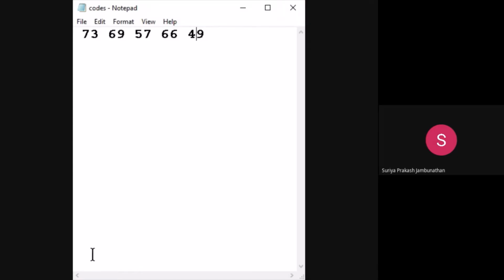Now I will go to the code again. I will go to the NetBeans program again. I hope you understand this. Anybody have doubt in this? Creating this file, the file name is codes.txt. The txt file should be saved inside D drive. If you are saving in another location, you have to give the same location in the code. If you are not giving the proper location, the code will not work. It will show file not found exception. So I'm opening the NetBeans again.